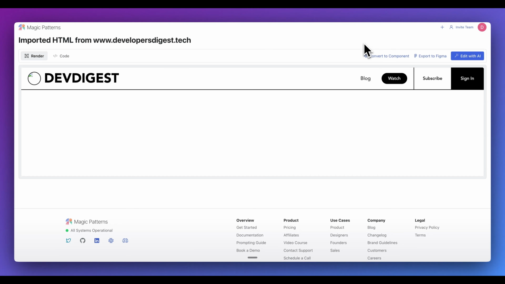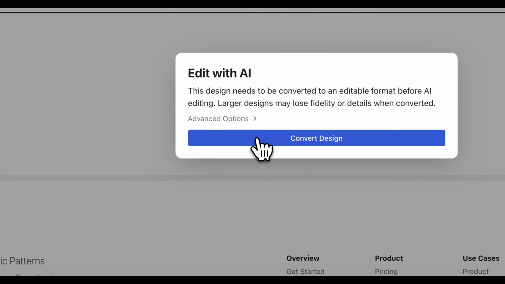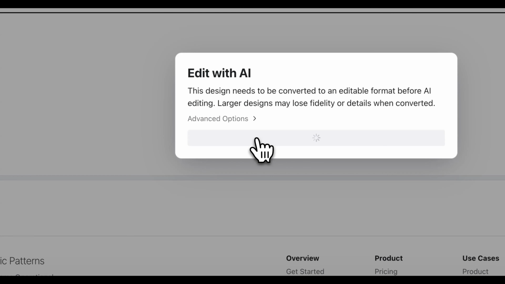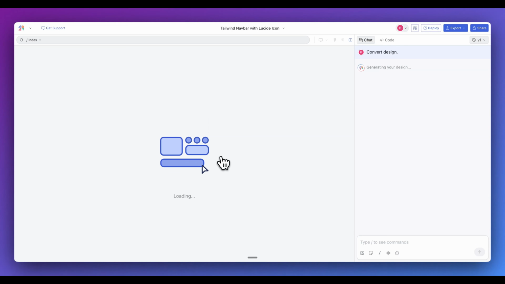Now, the great thing with this is Magic Patterns does have a Chrome extension where what it allows you to do is you can select the different DOM elements, and from there you can go ahead and click to edit with AI. You'll be prompted to actually convert the design. And what this will do is it will take all of what it has in terms of actually referencing the design and the HTML structure, and then it will actually rebuild that component